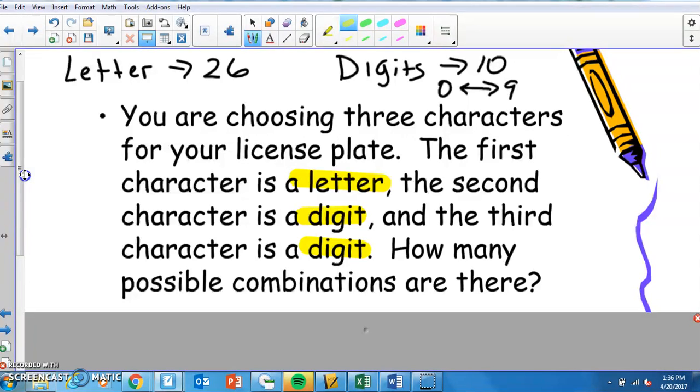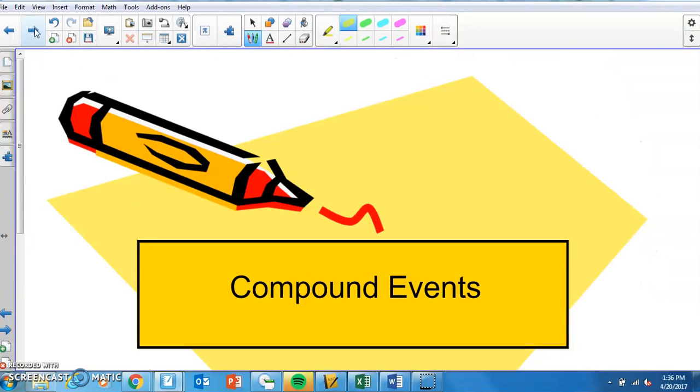So you want a license plate that has a letter, a digit, and then another letter. So think about the different combinations, the total number of letters you would have, the total digits you would have, and again, the total number of letters you would have. And so if you'll do this one, and then that will stop us for this first